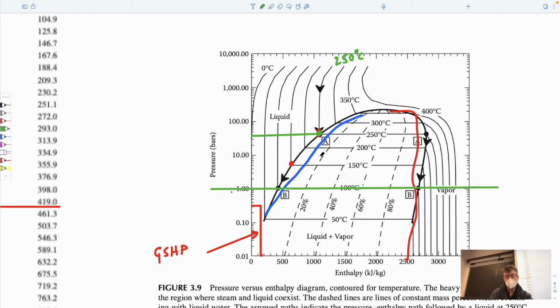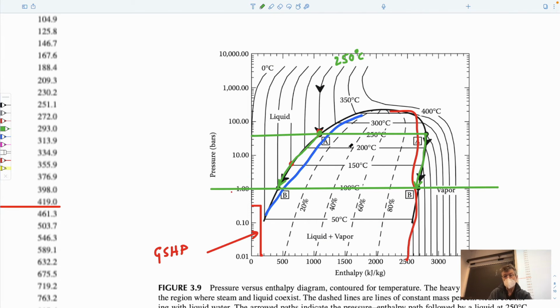And so the trajectory you go on is either down here or across here and then down here. So it depends on whether you will be at 100% water or 100% steam as to which one of these